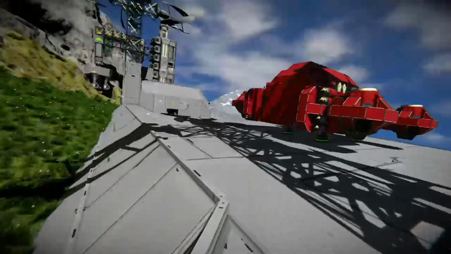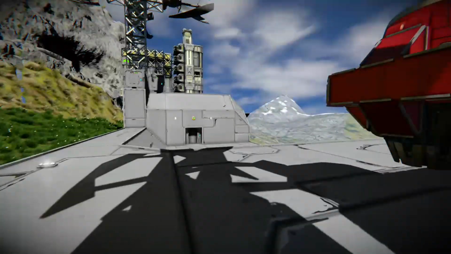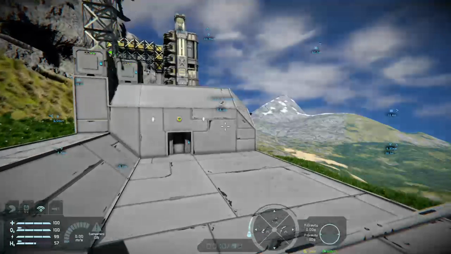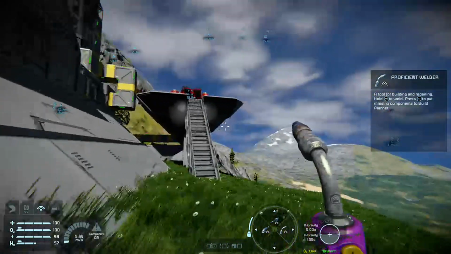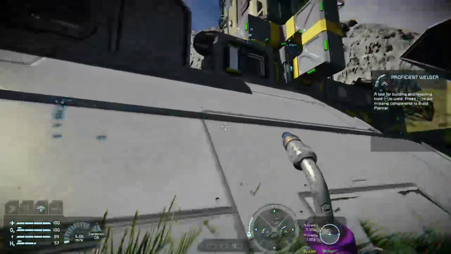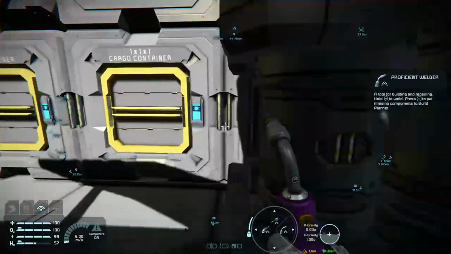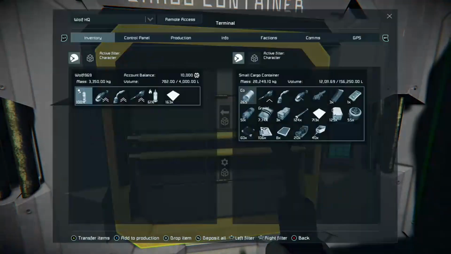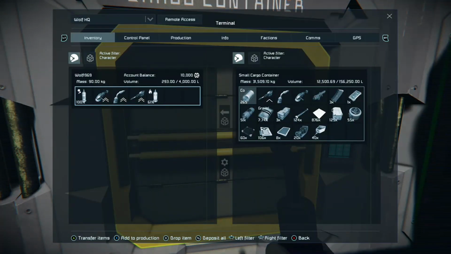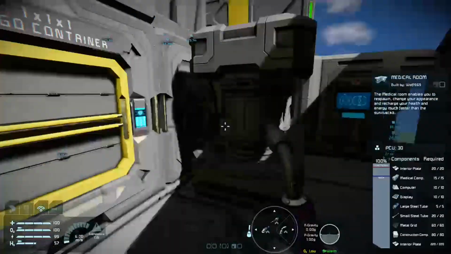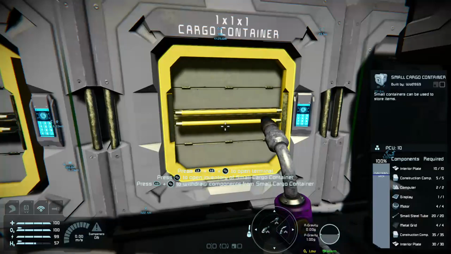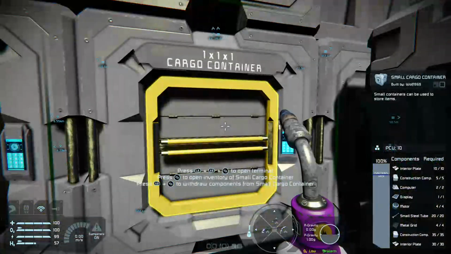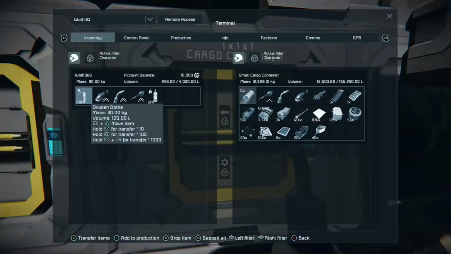There's another thing as well that's really useful in Space Engineers, and while I'm here I'm going to give you a very quick tutorial on this, and it's a nice shortcut that you can do in Space Engineers. It's very useful. So let's say we want to build something specific. If we have a basic assembler, this won't work.